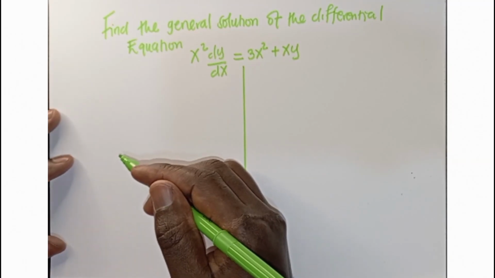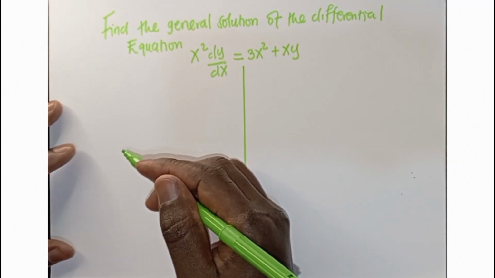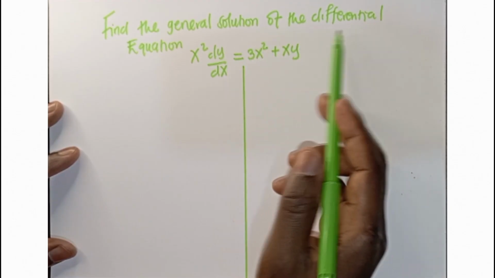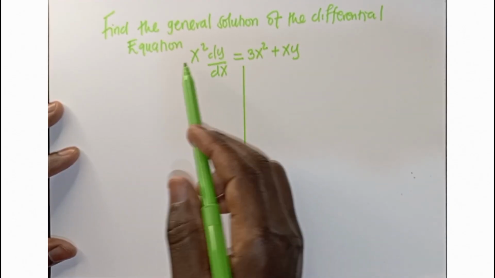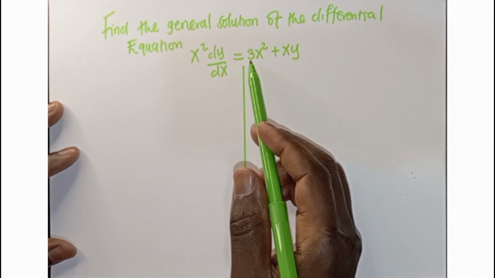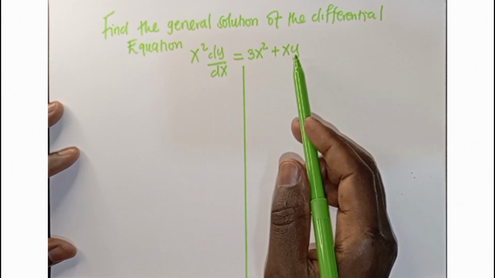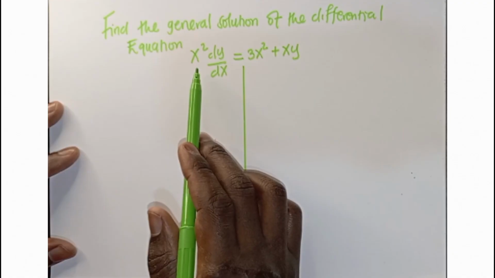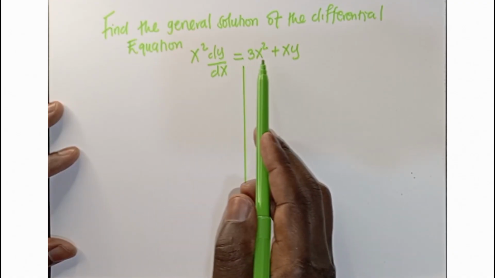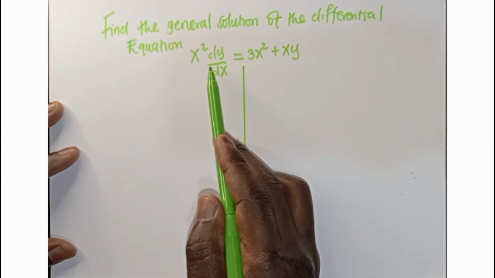To deal with this differential equation, they are telling us to find the general solution of the equation x squared dy by dx is equal to 3x squared plus xy. Now if you look at it clearly here, the only method that you have to use is homogeneous,